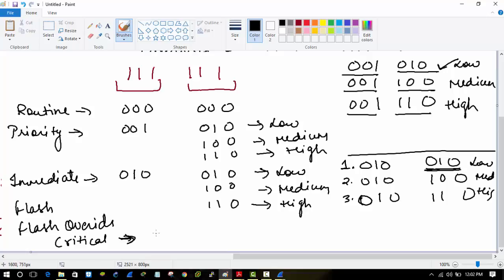So critical has the value of 6, that is 110. And it has the value of 110, and these fields are 0. So whenever a critical packet comes, we don't have to differentiate; it will be processed first. The critical packet has to be processed before any of the other classes of packets,